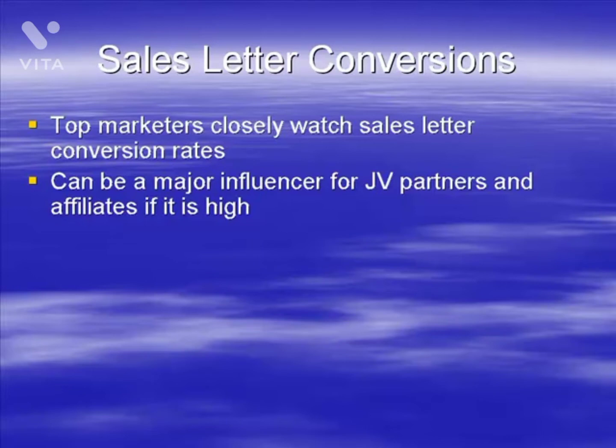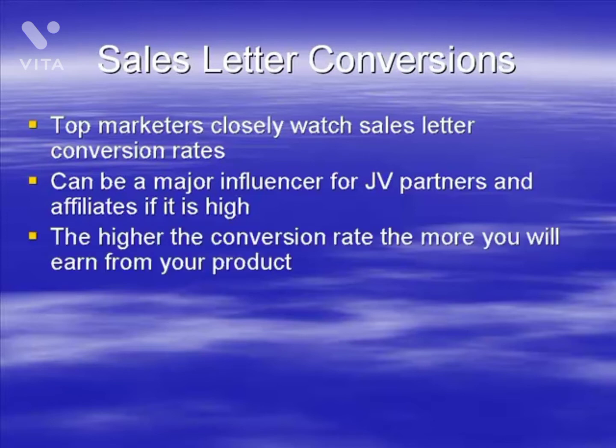So if you can turn around to your joint venture partners or your affiliates and say, I've got a sales letter that converts at 5%, they are going to basically fight amongst themselves to get to promote your product. They are going to be desperate to promote something that sells that well. So it can help you not just obviously make money from organic traffic, but your affiliates and joint venture partners are going to be much happier to take part in the program and promote it for you.